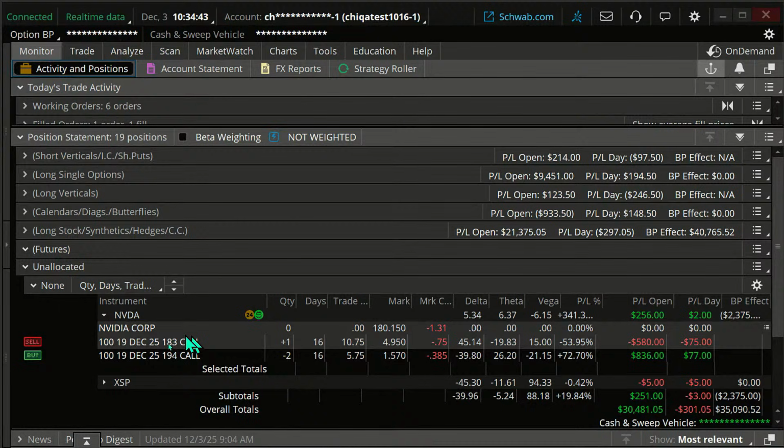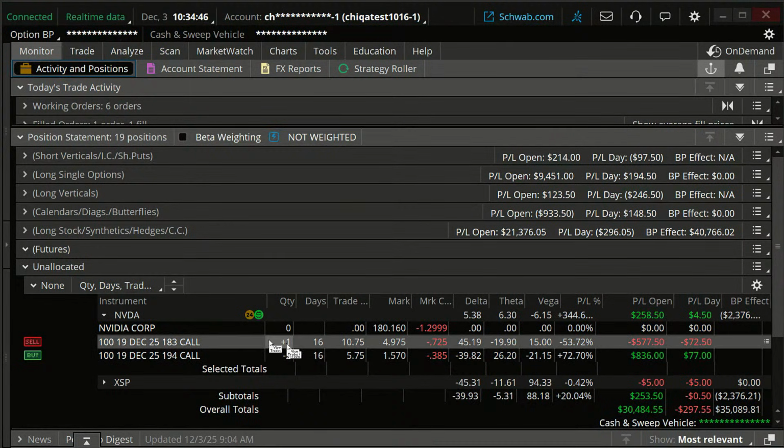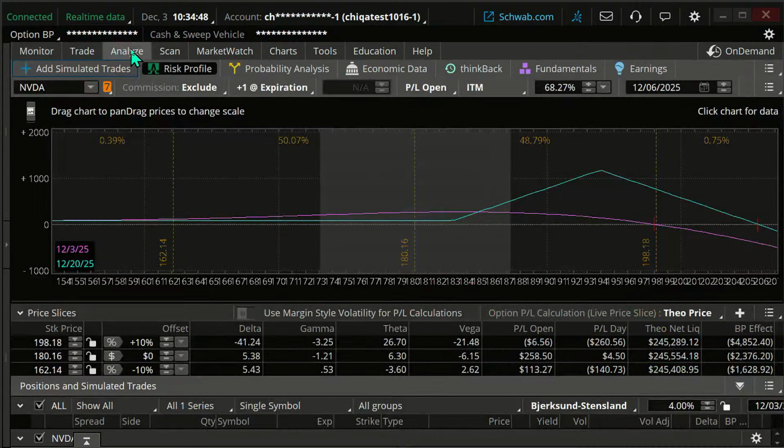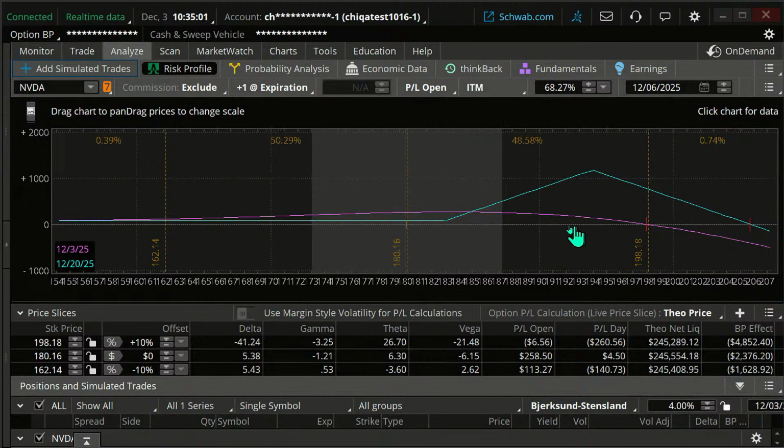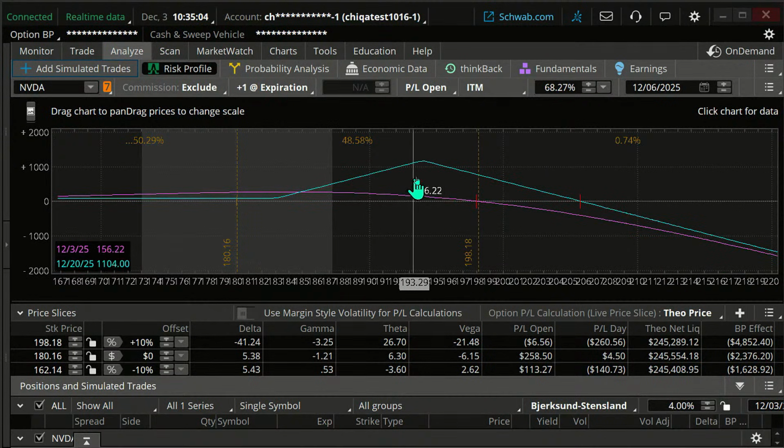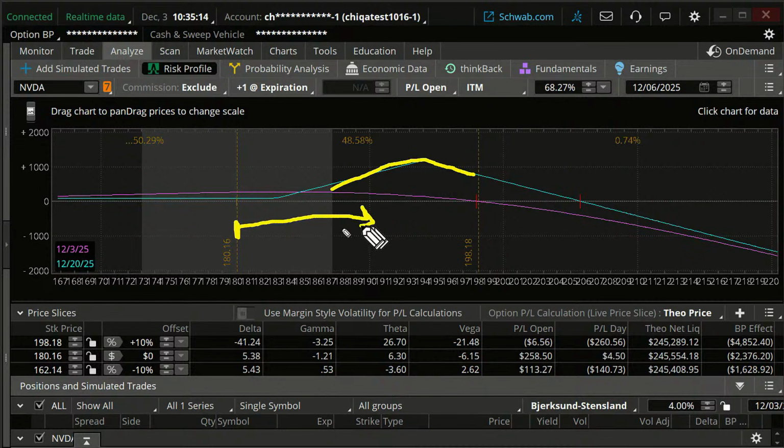over here, it's this front ratio spread, a little bit of a weird trade I'm not used to. Go to the Analyze tab, and you can see here's the current level of NVIDIA, and we're actually doing pretty well on this. But ideally, we want the stock to go up. That'd be nice. If it was bullish, there's no guarantees, but we'd probably see more of a profit here if the stock goes from its current position up. And we probably wouldn't see that much downside if we go down, okay?